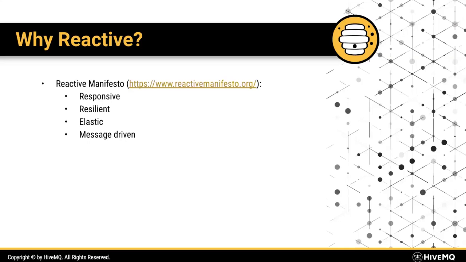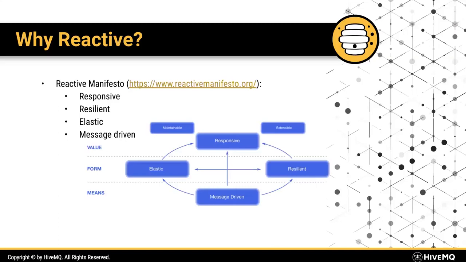And it is a responsive system. It is a push-based system. And all these features that the reactive manifesto states are really a perfect fit for MQTT. And reactive is a solution that is able to scale better for applications. So it is really a good use case for bringing MQTT to the backend.